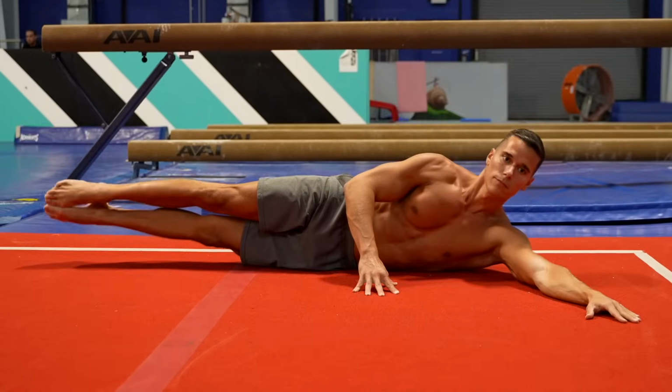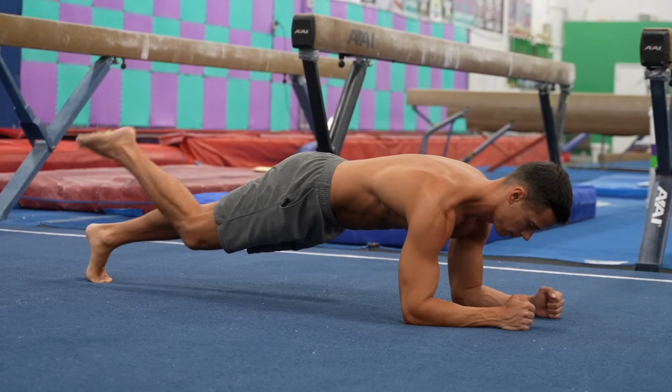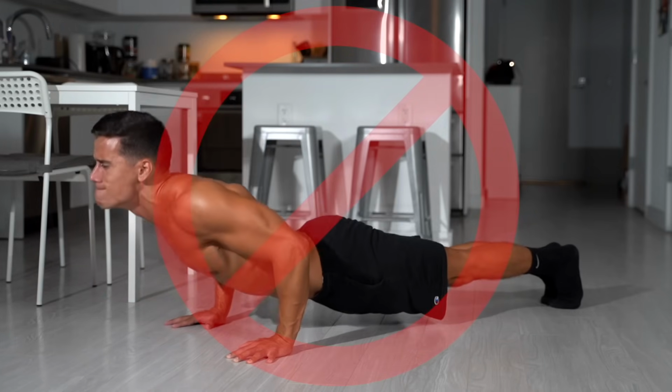Last but not least, the sixth foundation of gymnast upper body strength is core strength. I mentioned in several videos, and I'm sure you've heard many times, that core stability is crucial in all human movements. Core stabilization is the ability of moving the limbs without compensating with the spine or pelvis. If this is not achieved, then the execution of the exercise will be not proper and it can easily lead